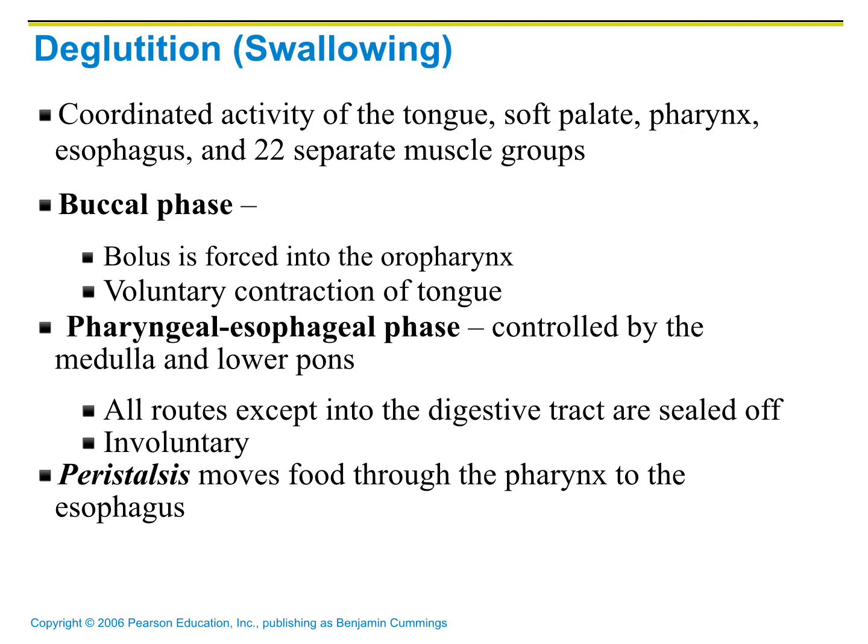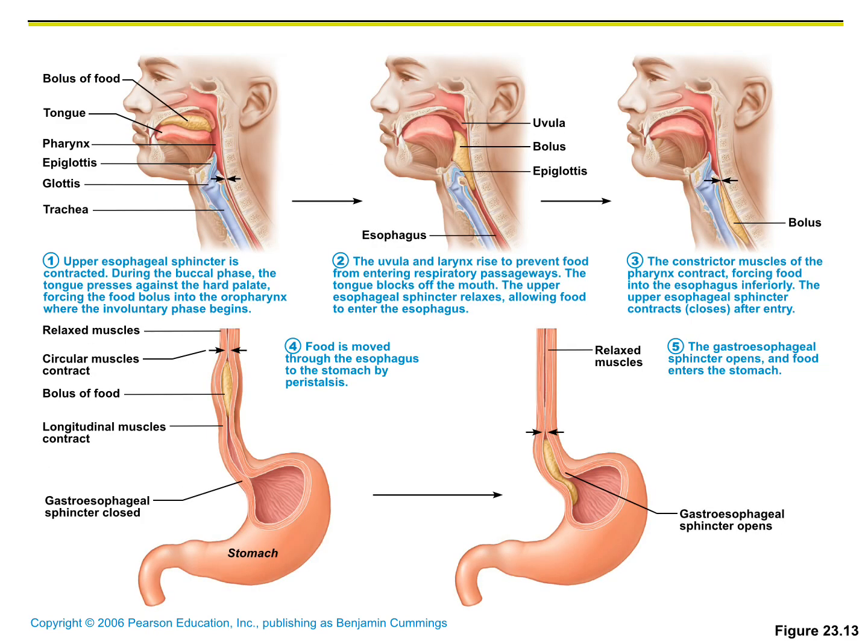We said that the nasopharynx will be closed off by the soft palate and the epiglottis will close off the larynx. And so the food will move into the esophagus and then move down the esophagus, as I said before, by peristalsis. You can see the process here of deglutition, but also the food or the bolus moving down the